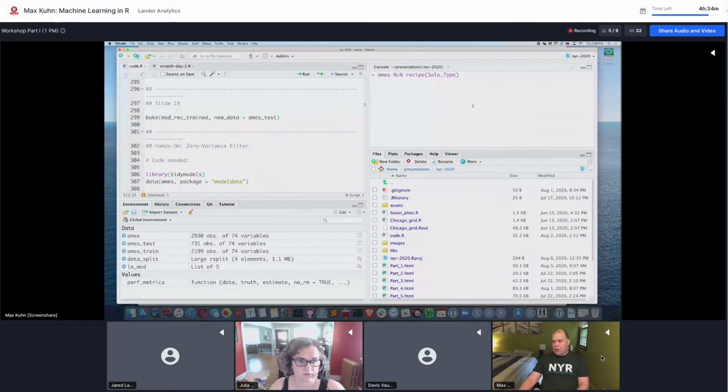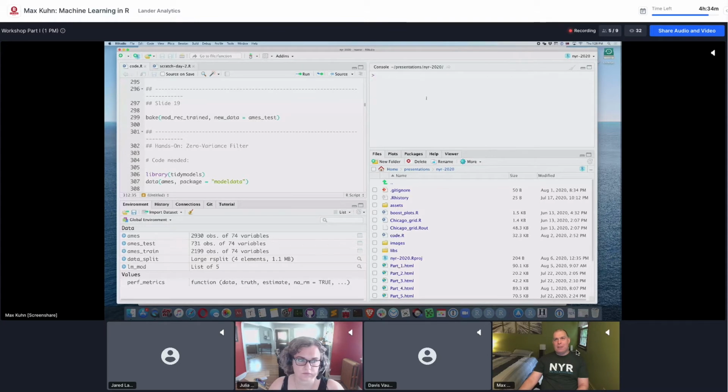So I struggle with it using too much memory when using preprocessing in caret. Is that just my issue, or is that an issue with the recipe, or are there tricks to avoid it? Yeah, so I'm trying to think, when would you run out of memory? It depends on what you're doing in your data, right? So if you come in with terabytes of data, that may be a struggle no matter what you do